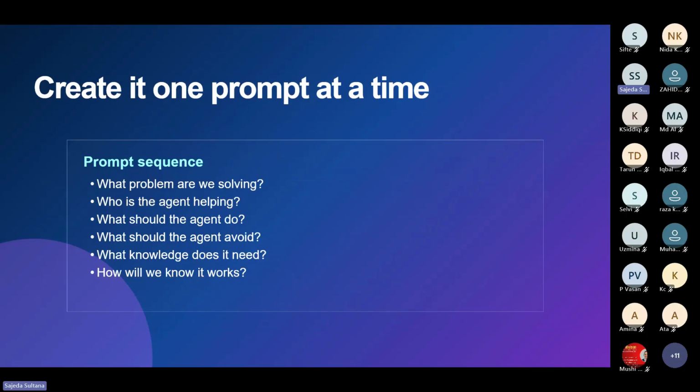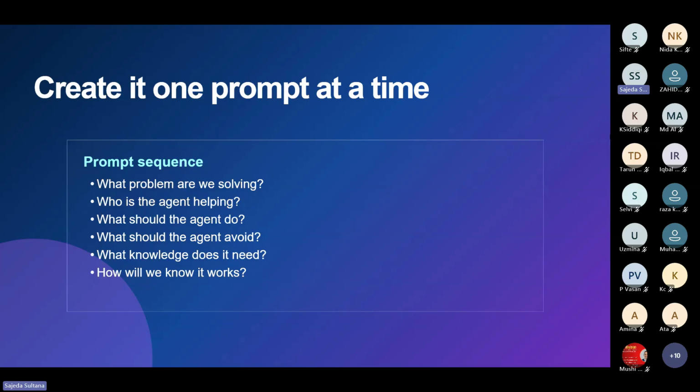Now, when you make any agent, you can make it in three different ways. One way is to use a template that is already built by Microsoft. You can make it manually, or you can write a prompt. But nowadays we are very lazy. We always think, okay, I will write the prompt and the agent will do everything.